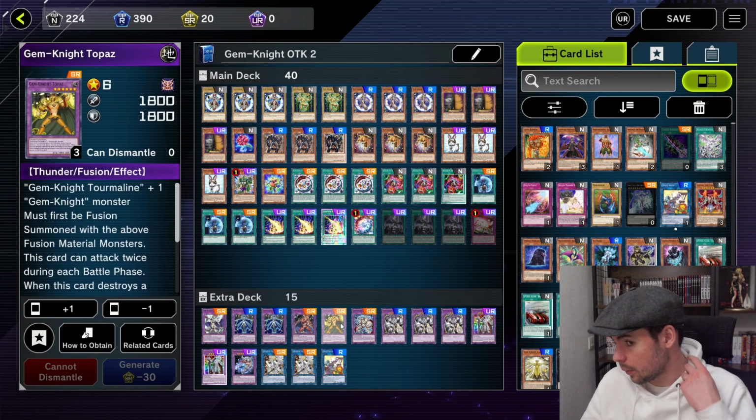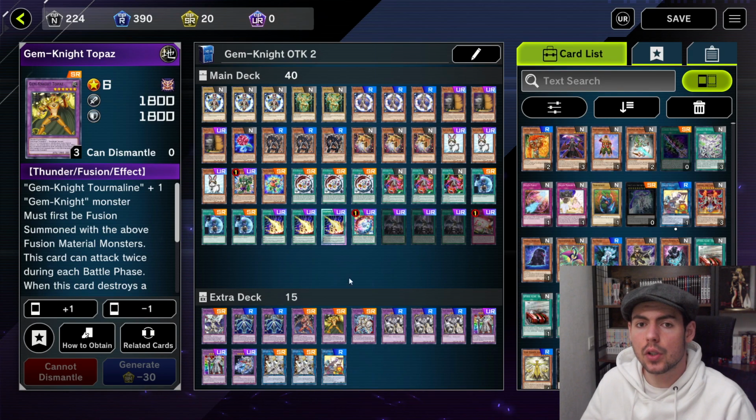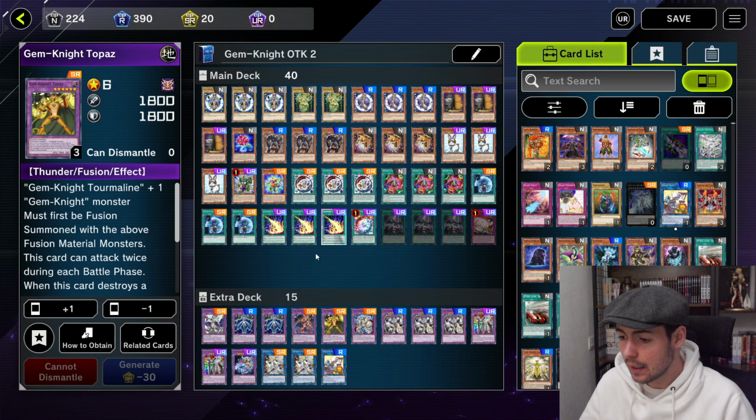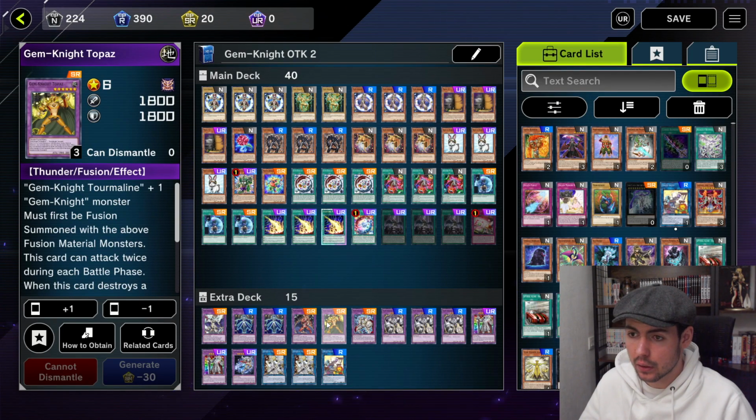As for Topaz, it's great because it can attack twice, and when it destroys a monster by battle, you burn your opponent's life points equal to the destroyed monster's attack. This synergy is fantastic with Master Diamond, which lets you copy the effect of one Gemini Fusion monster by banishing it from your graveyard. It must be level 7 or lower, so you can of course copy Topaz, you can